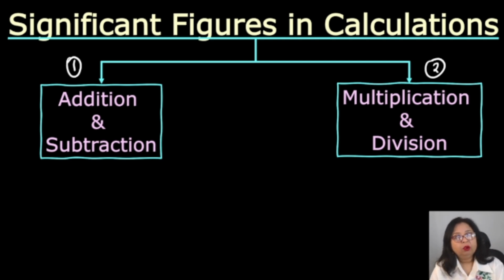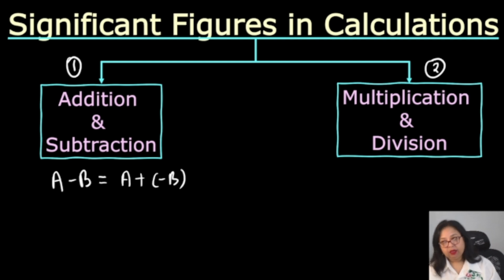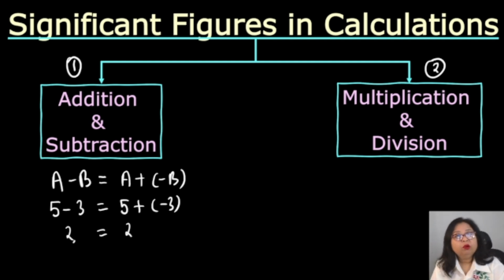Now you might ask, why do we have just one rule for addition and subtraction both? Well, subtraction is same as addition. How so? Let's say you are subtracting b from a. You have a minus b. This can be written as a plus negative of b. So subtraction is same as addition of a negative number. Does it make sense? I mean, if you have 5 minus 3, I could write this as 5 plus negative of 3, which gives you 2. So we'll have only one rule for both addition and subtraction because subtraction is basically the same operation as addition